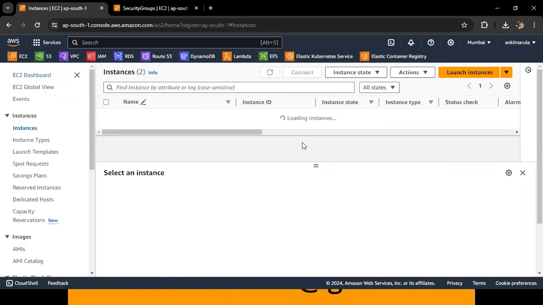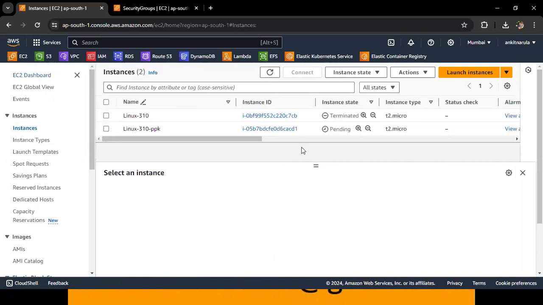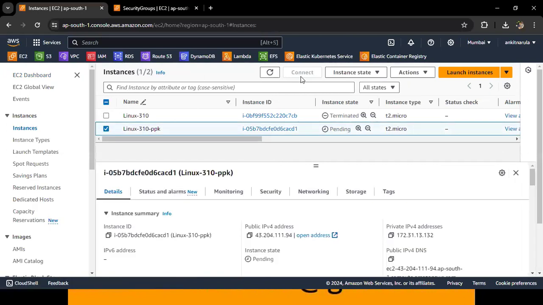Now, in the previous example, to connect to our machine, we selected that machine and clicked on connect, and then we went to the EC2 Instance Connect tab. Then we got the public IP. We don't need to go to connect every time. I can get the public IP from here also. So just select your machine. Down below we will get the public IP address. So copy the public IP,